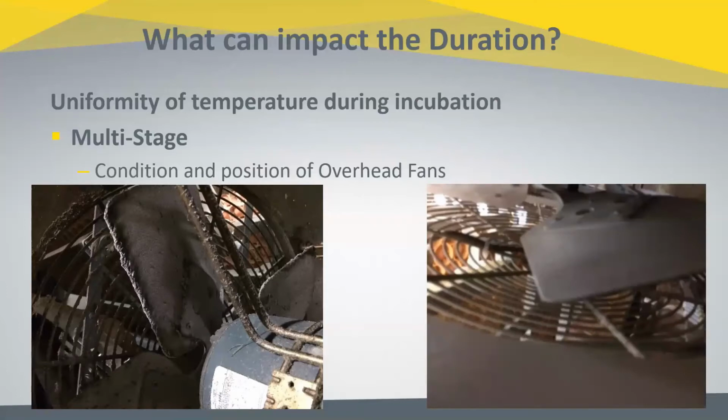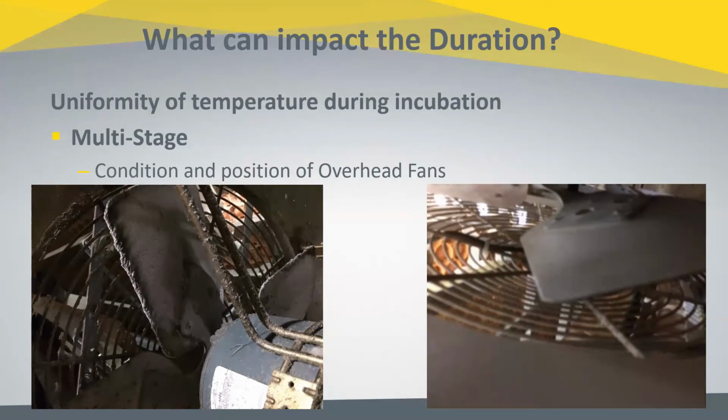In addition to that, position is also a problem. This picture on the right illustrates where a fan blade essentially just wasn't placed or mounted on the shaft to allow the blade to be down in the board opening. So that leading edge of the tip of the blade being up out of the opening causes it to lose static. It can't create enough static, and therefore, again, you lose airflow through the egg pack and creates poor uniformity,